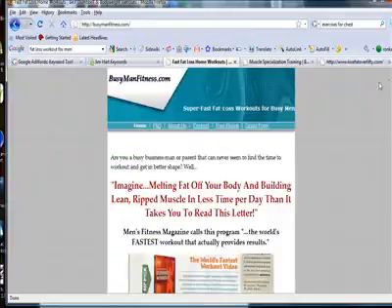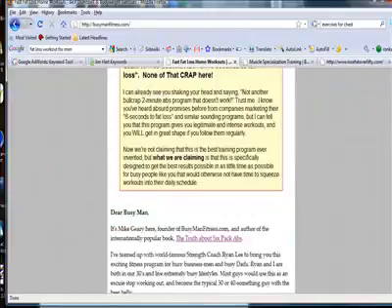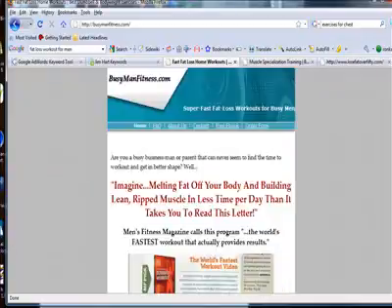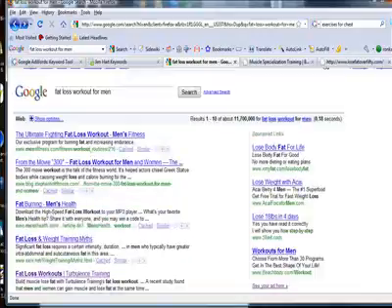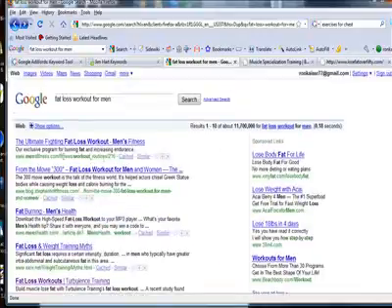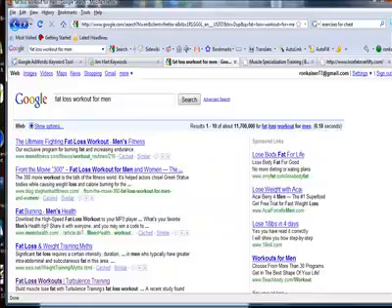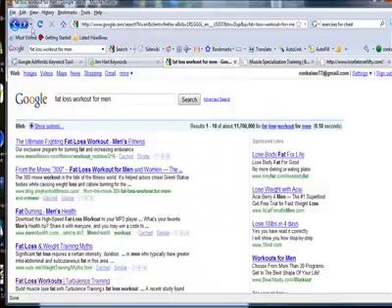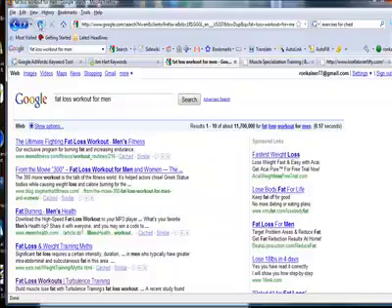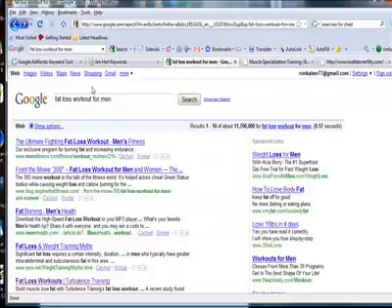This is Joey Atlas or Mike Geary, one of them, selling a Ryan Lee product up there. Men's Fitness we notice here is in the top spot. Alright, but for fat loss workout for men, there's only one person that's showing a perfect match here. And they're in the last spot, so they are probably bidding very, very little for the keyword term.